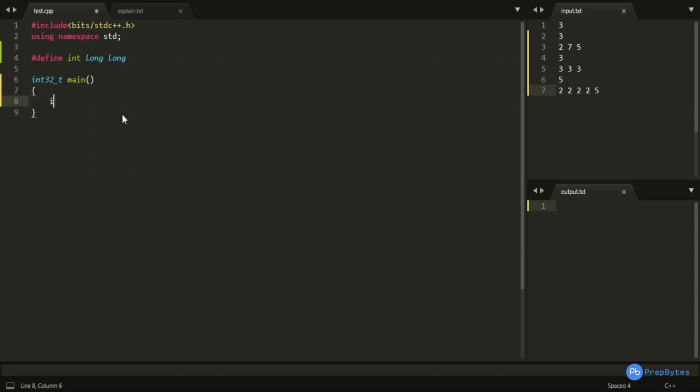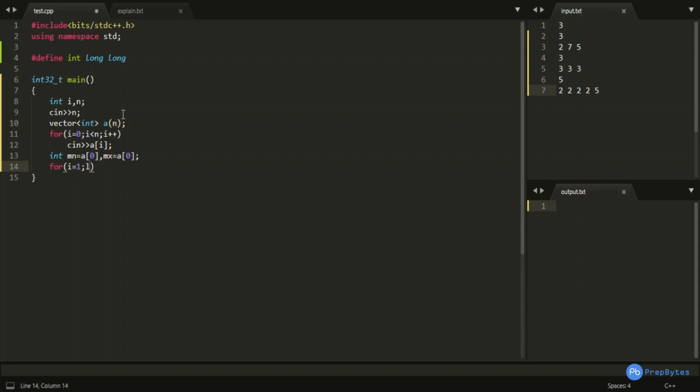Now let me take n as input and also declare the looping variable. Let me make a vector int a of size n. Let me take the array as input, and I am initializing two variables, mn as a of 0 and mx as a of 0.